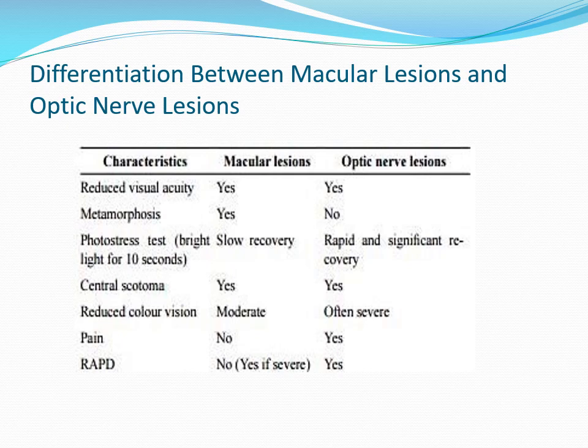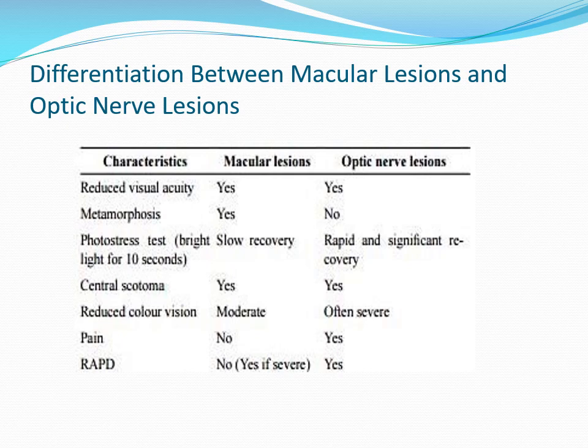how much time you require to recover from that stress of the light is the photostress test, which is a characteristic. Defective photostress is a characteristic of macular lesions as compared to the optic nerve.